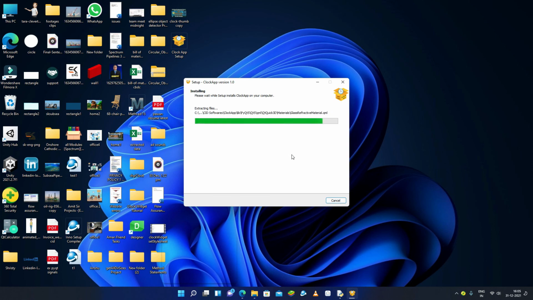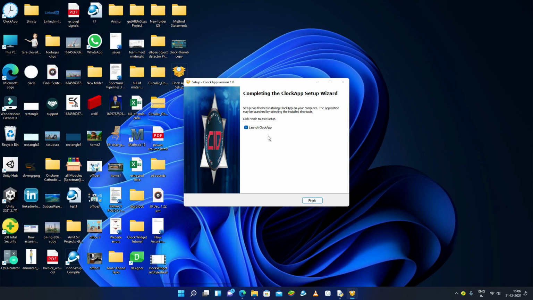So please allow it if you are willing to. Now finally it is installed and it has created the shortcut named Clock app.